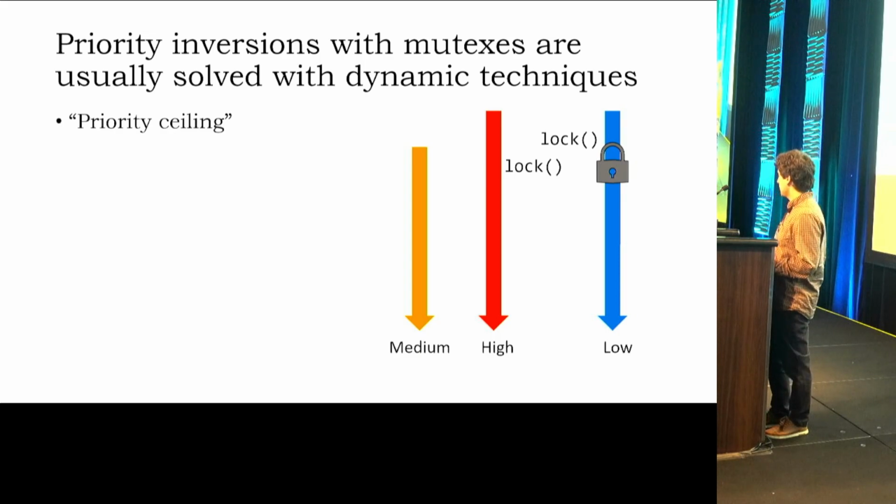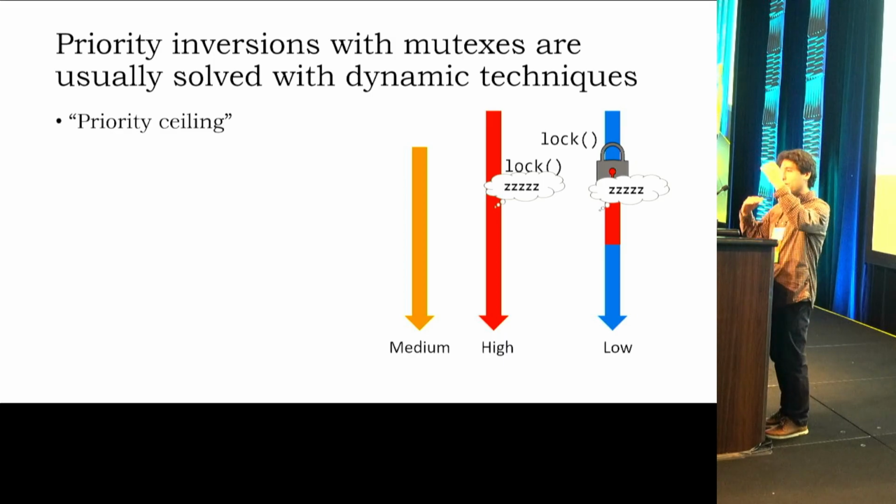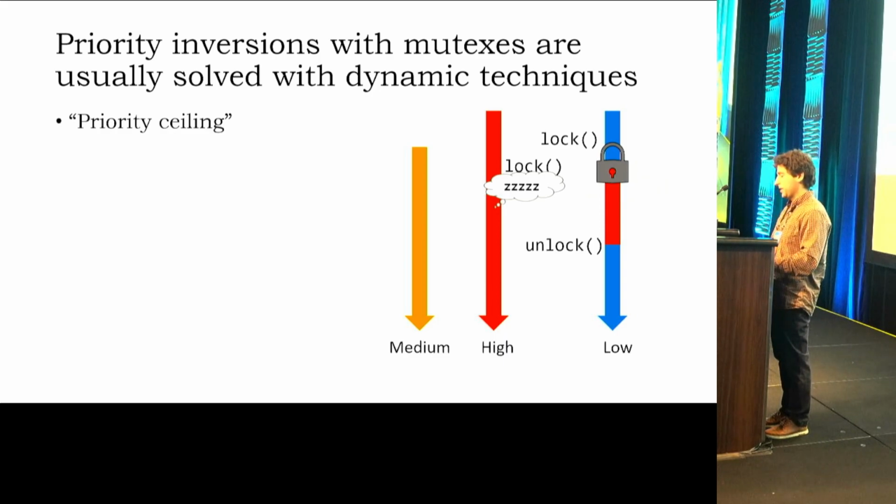When the low priority thread has the lock and the high priority thread attempts to acquire it, the runtime would realize that this is the case, and it would promote the low priority thread to now run at high priority. So it's now running on as many processors as it can at high priority for the length of its critical section,